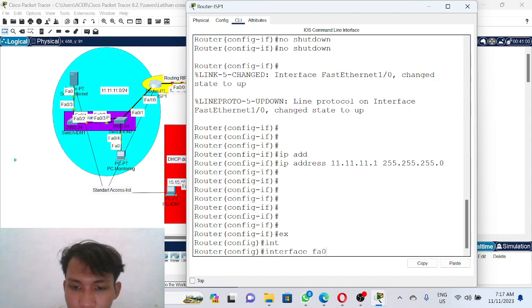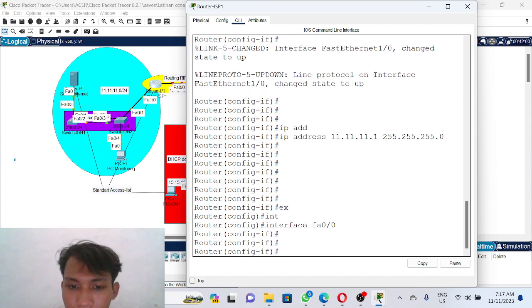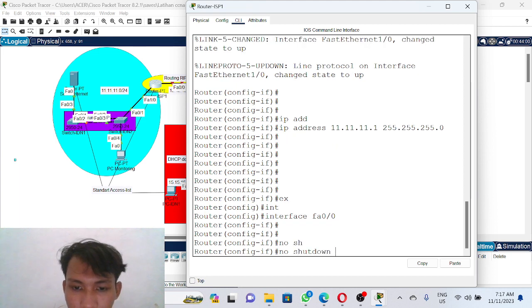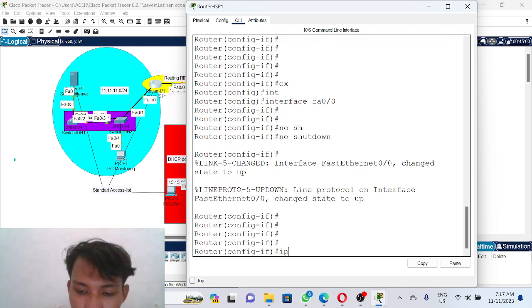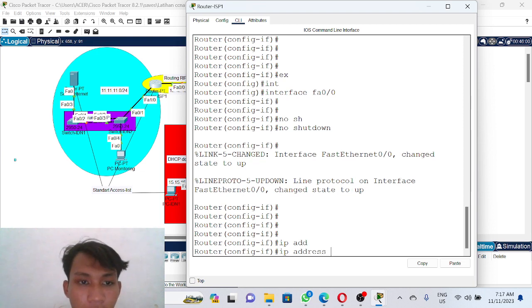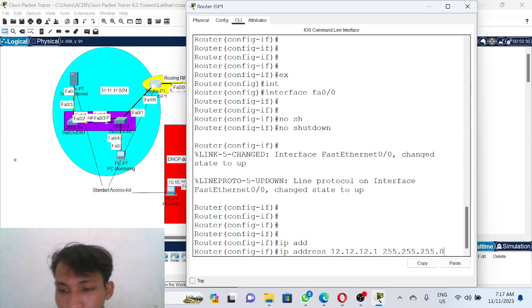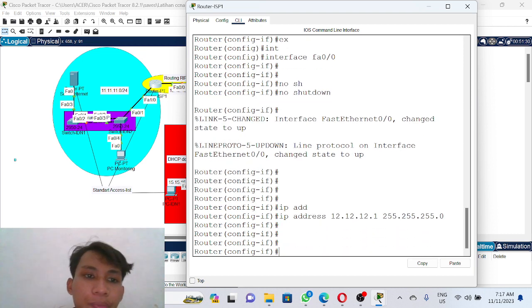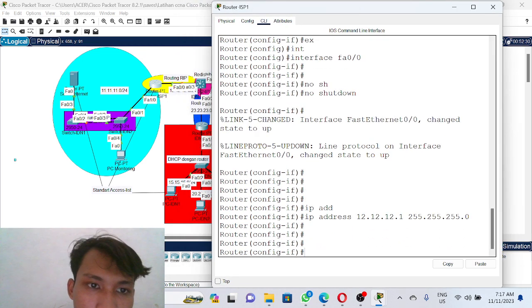Interface FastEthernet 0/0, no shutdown. We activate the router, then the IP address is 12.12.12.1. The subnet mask is /24.